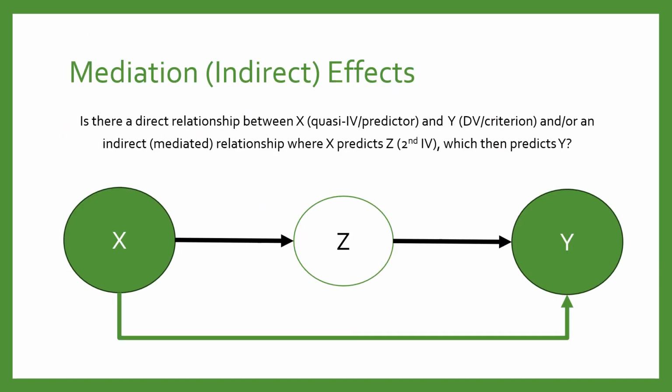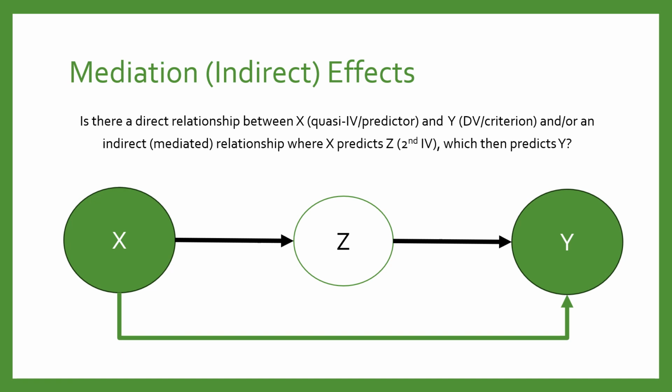Now, although we didn't do it in our research, mediation effects or indirect effects are something that you're probably going to see in research. So I want to cover them here and show you an example. Mediation can also be tested with regression analyses, but instead of seeing if a Z variable or other independent variables or control influence the relationship between X, your quasi-independent variable or your criterion, and Y, your dependent variable or outcome, like moderation,